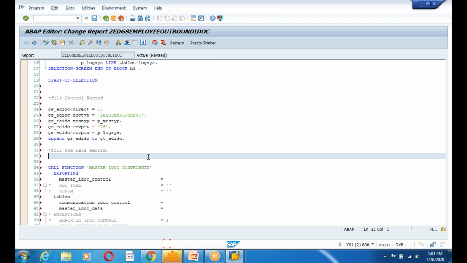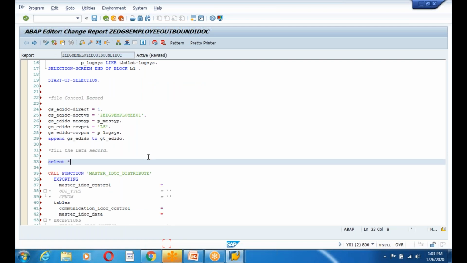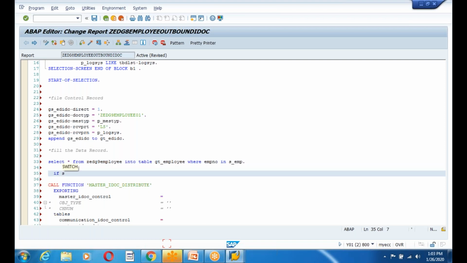SELECT * because I want all the fields, from the employee table, INTO TABLE GT_EMPLOYEE because we can expect multiple records, where employee number is in S_EMPLOYEE, because it's a select option you must do this. And if sy-subrc equal to 0, if the record is found, build